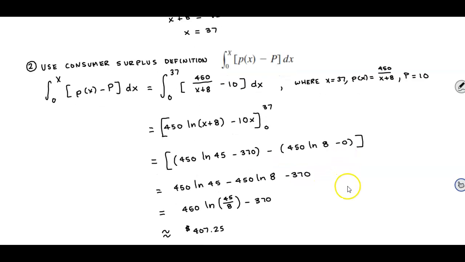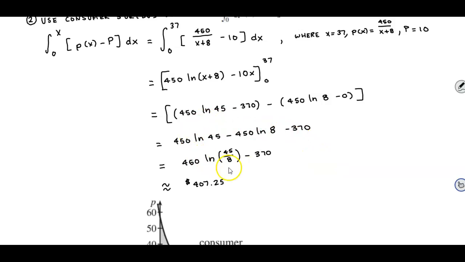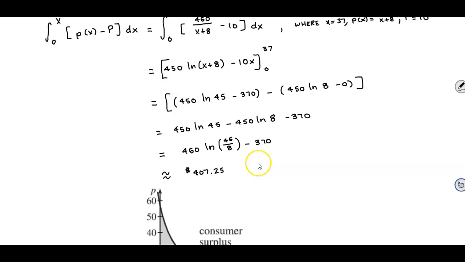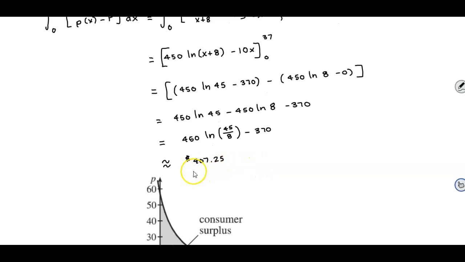minus 0. So then we get the following answer. We get 450 times the natural log of 45 minus 450 times the natural log of 8 minus 370. And then using the definition of logarithms, that when you subtract, you get 450 times the natural log of 45 divided by 8 minus 370. And it's approximately